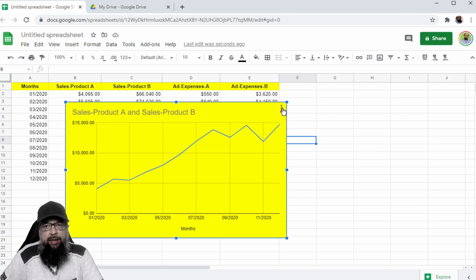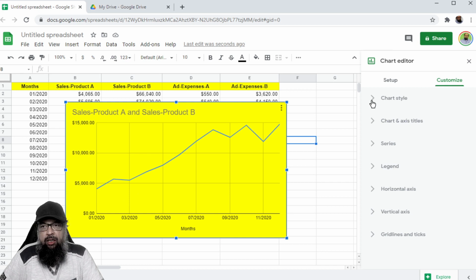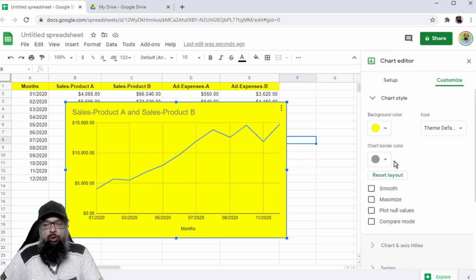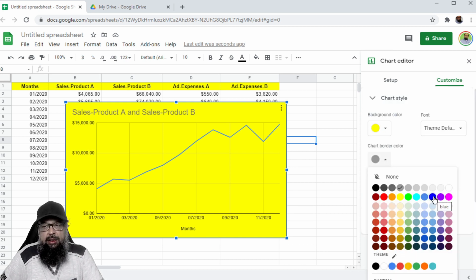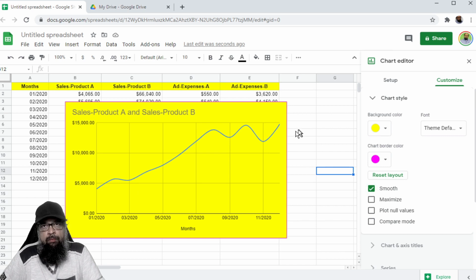To reopen it, I click on these three dots and I click edit chart, and it will reappear. Now let's click on this area again. If you want to change the border color, let's say pink, and now we have this pink border on our chart. If I click on this smooth, now this line graph will become a smooth contour.